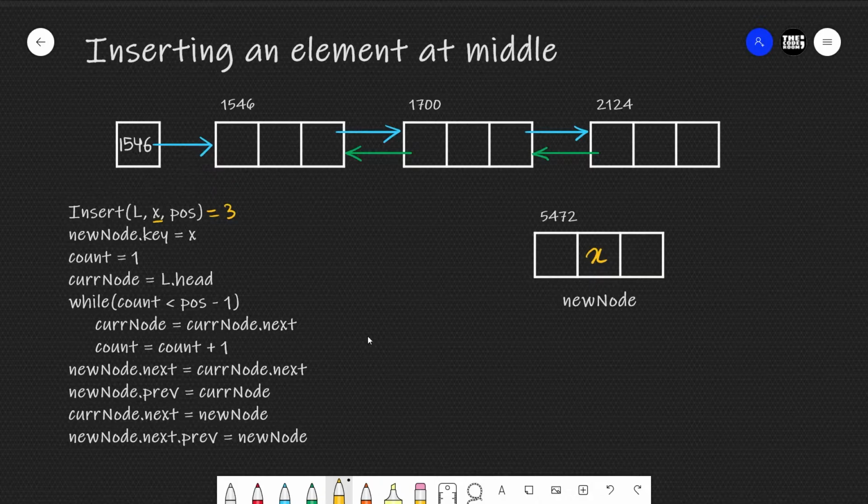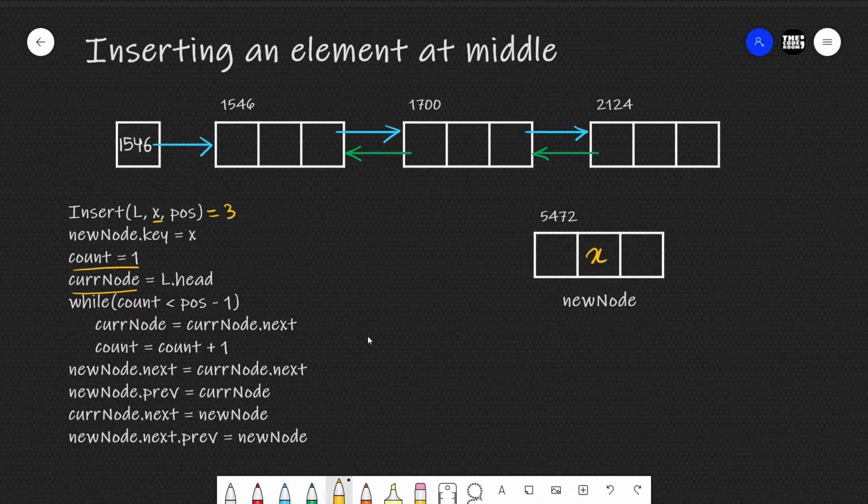So first we declare a count variable and we initialize it with integer 1. We will use this count variable to count the number of nodes we have traversed and to get the position of the current node. After this, we declare a current node pointer and we initialize it with the address of the head node. We use this current node pointer to traverse our linked list. To insert this new node at the third position, we need to have the address of the second node.